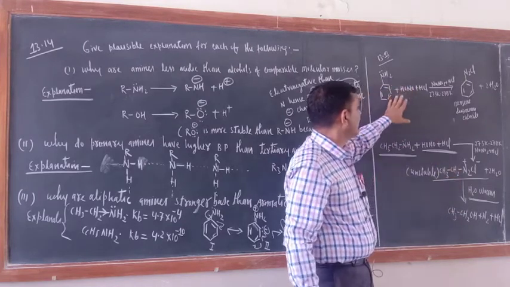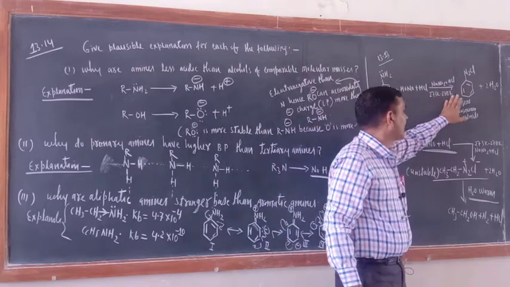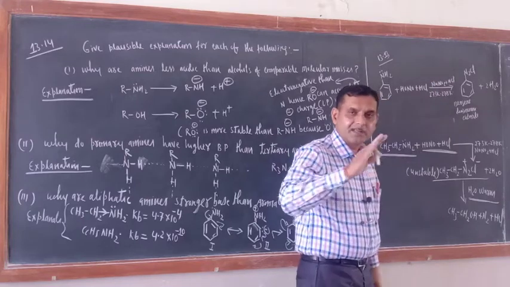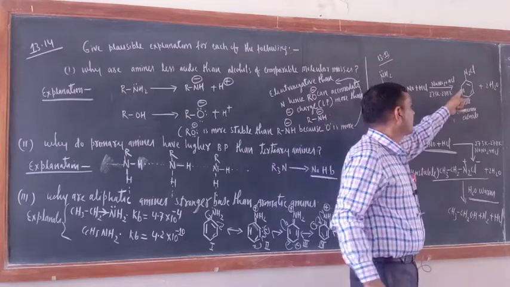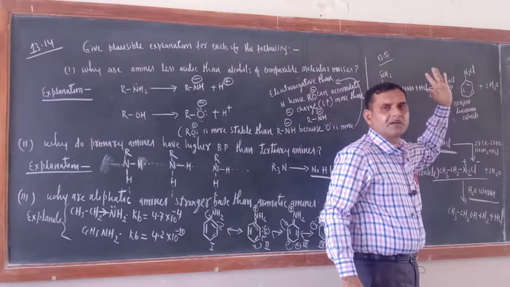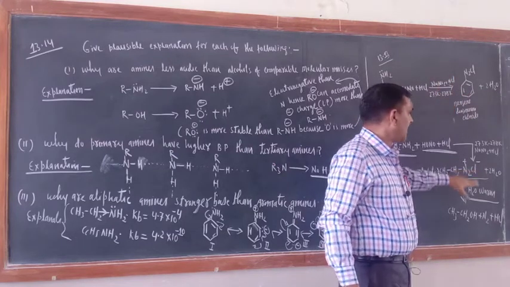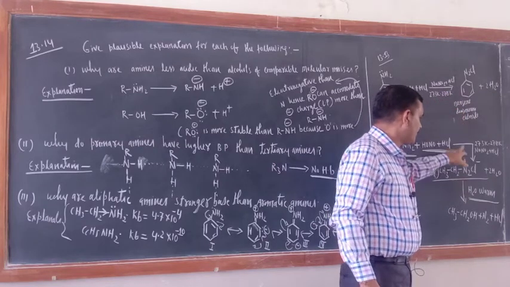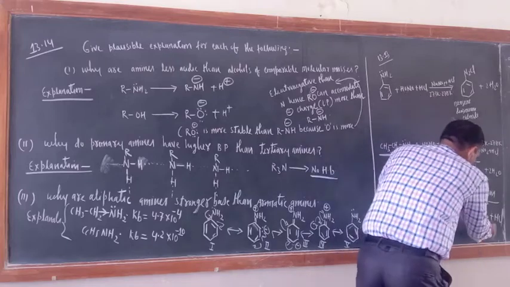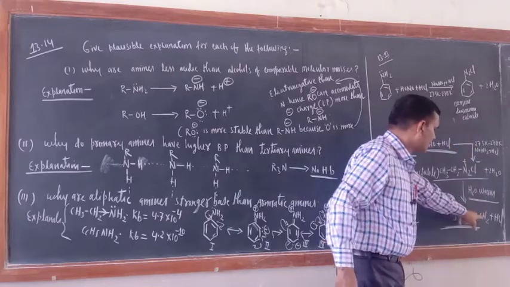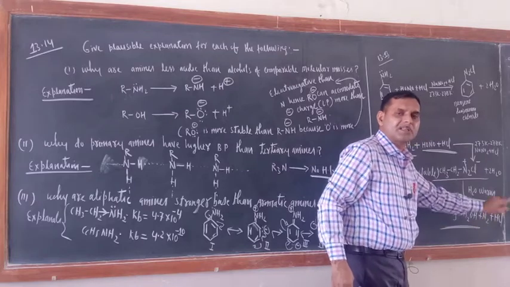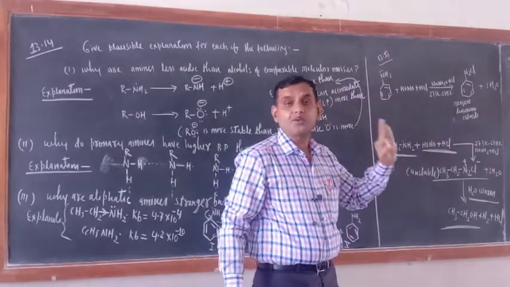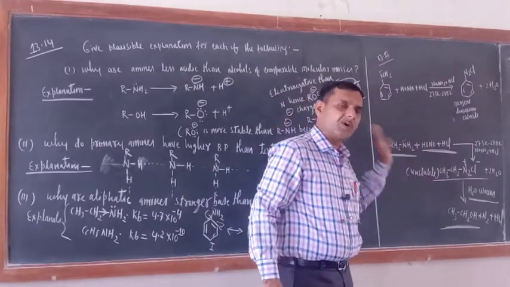While in case of aromatic amines, this would be the final product. But remember, temperature should be 273 Kelvin to 278 Kelvin. The moment temperature exceeds, you will get phenol rather than this one. Always remember. That is the difference. Here with the same temperature you are getting benzene diazonium chloride; there with the same temperature you are getting alcohol as a final product. Nitrogen gas will come out, and this nitrogen gas can be used for the quantitative estimation of protein and amino acid. That also I told.